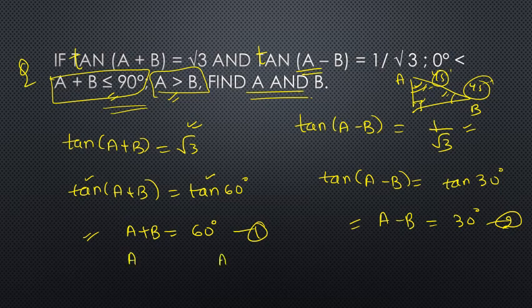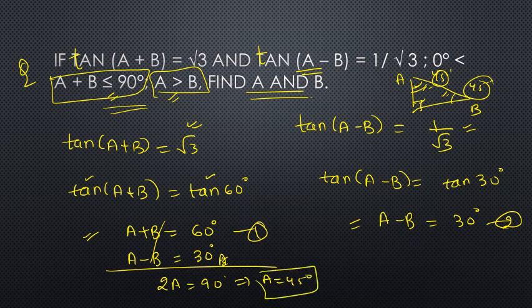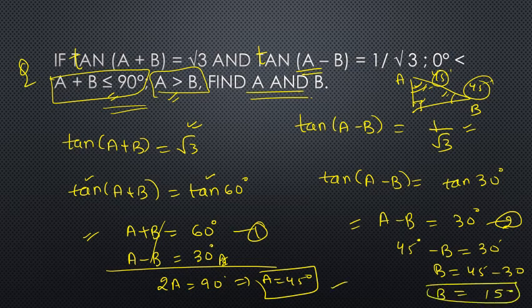So if I write here the second equation, right? If I add them up, B will be cancelled with B, 2A is 90, and A will become 45 degrees, correct? 90 by 2, 45. So if I substitute the value of A here, A minus B is 30, and then B will become 45 minus 30, that means 15 degrees. So here we go, we found out the values of A and B. I hope you got this right. Let's move on to the next concept then.